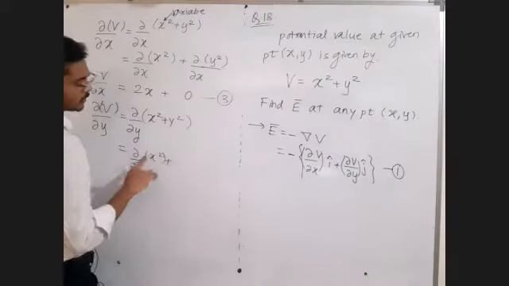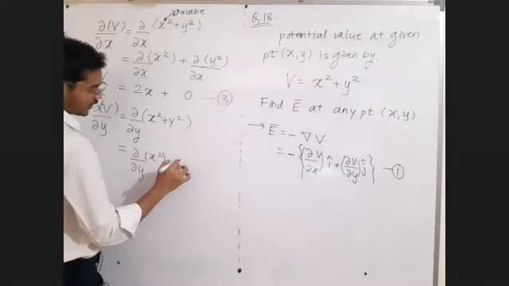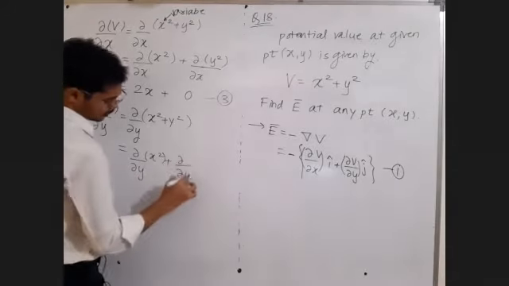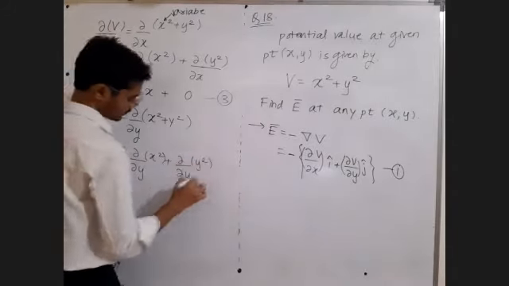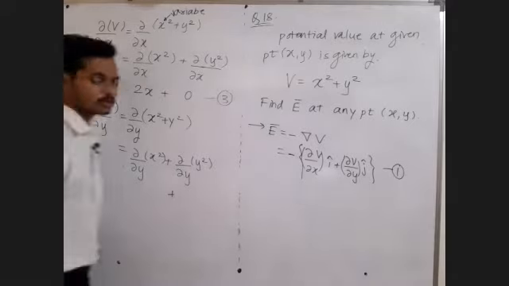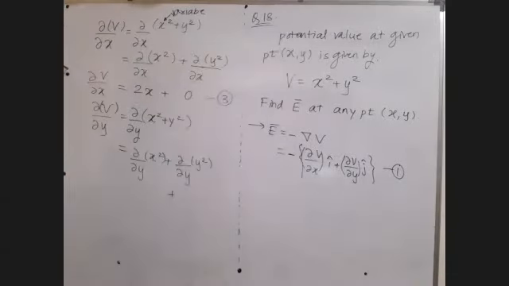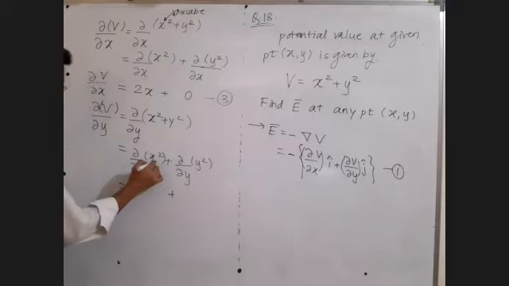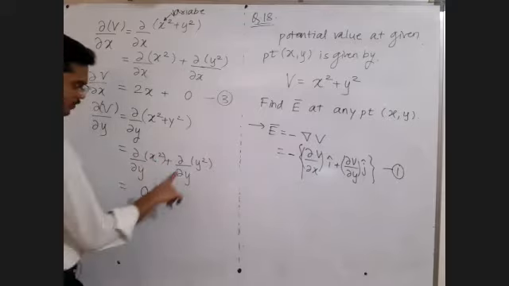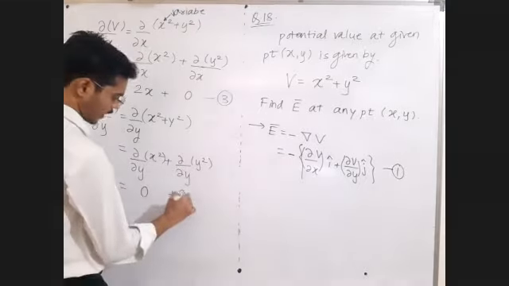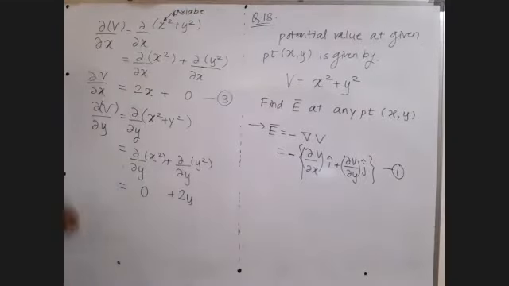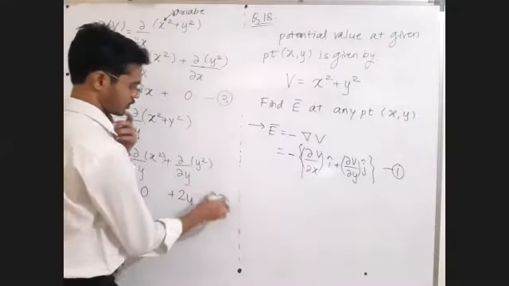Now partial derivative with respect to y we are finding. So y terms will be taken as variable, other terms will be taken as constant. So x will be treated as a constant. So derivative of constant is 0. Derivative of y square is 2y. Reply me in the chat box, clear and written, CW. This is dou v by dou y, number 4. Bolo.